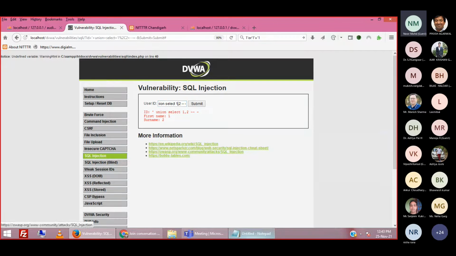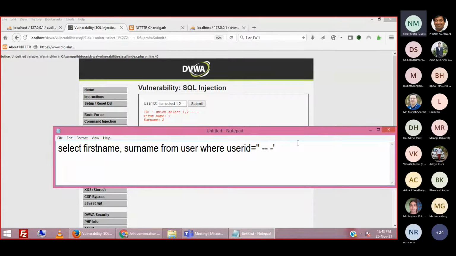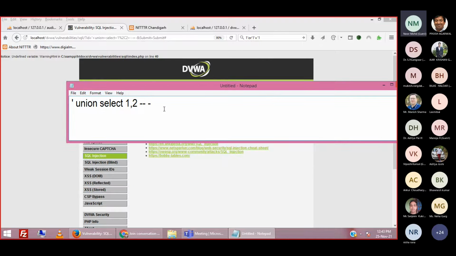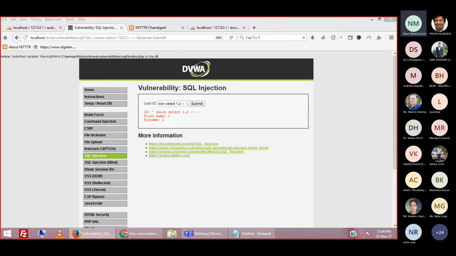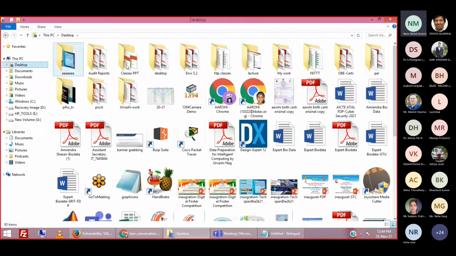Now I'm going to upload a payload, right? This is our final injection code, and now in place of 1 or 2 we will upload whatever information we want to extract. So let us upload some payload. I'm opening a payload here.